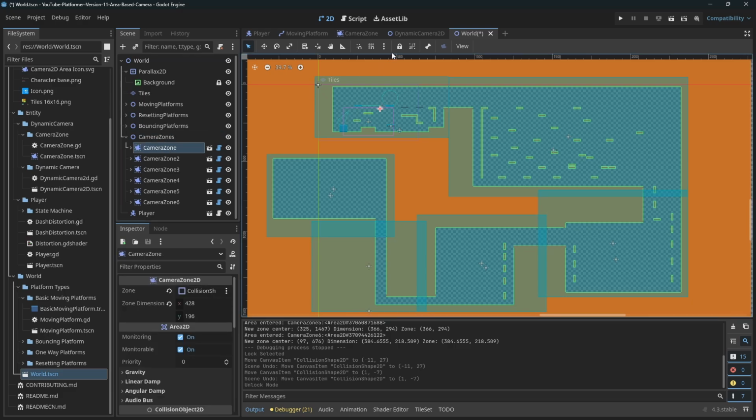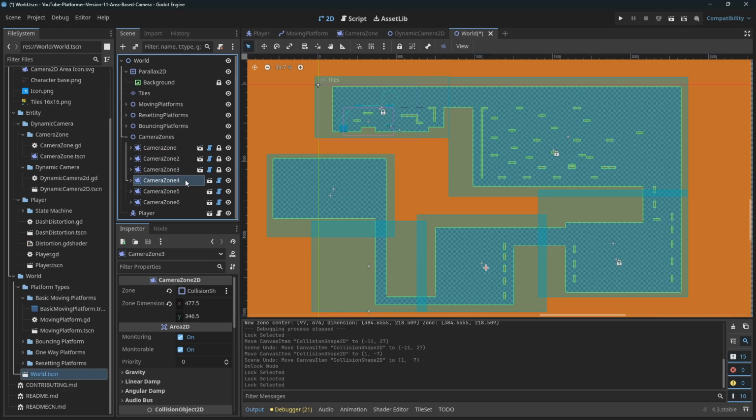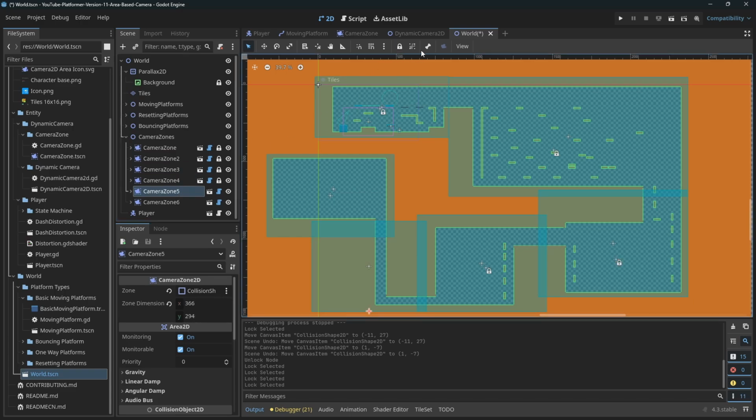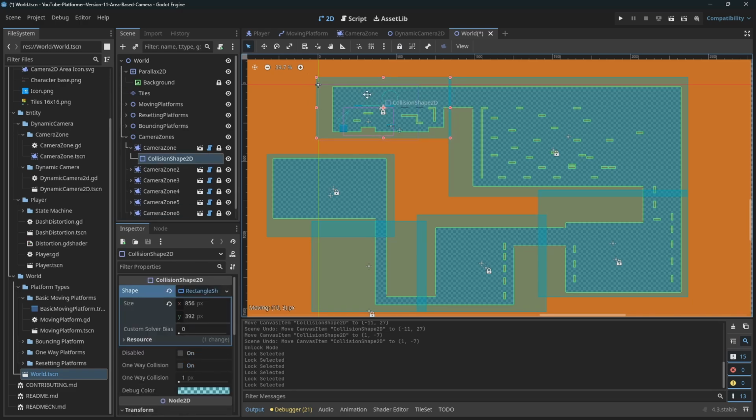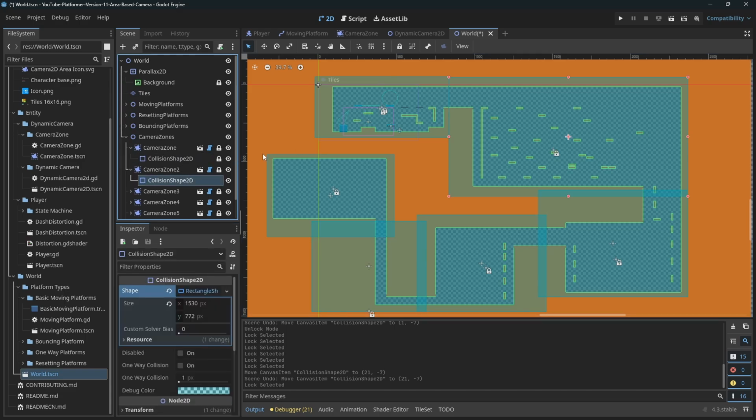Okay. Lock, lock, lock, lock, lock. That's still in there. Okay, so I have to lock that too. It looks like you have to lock it all individually,